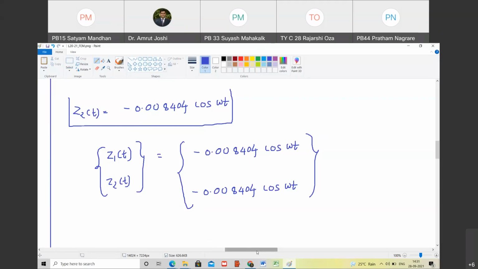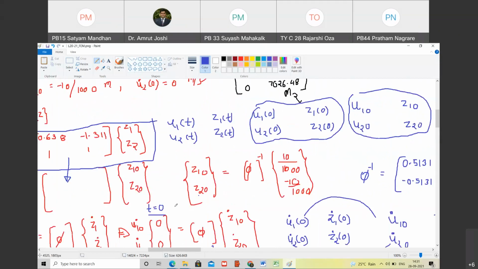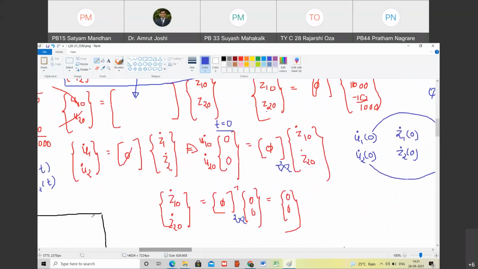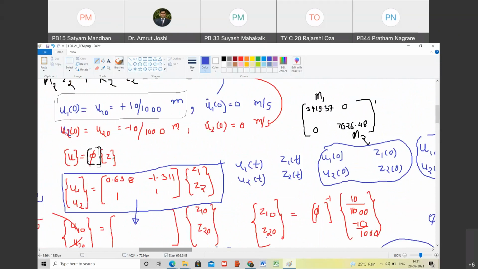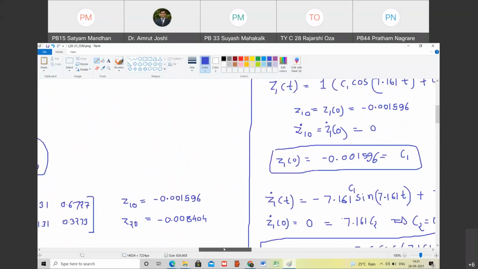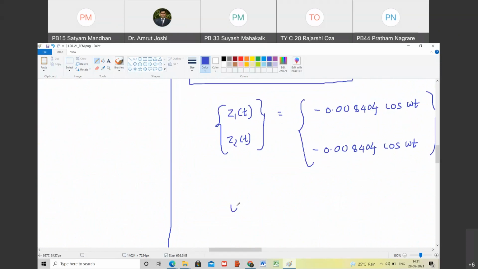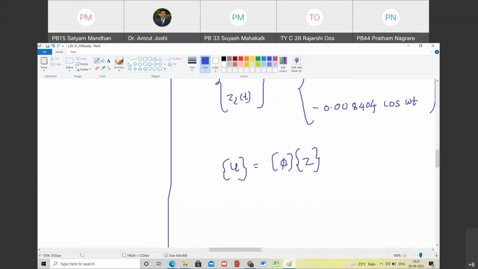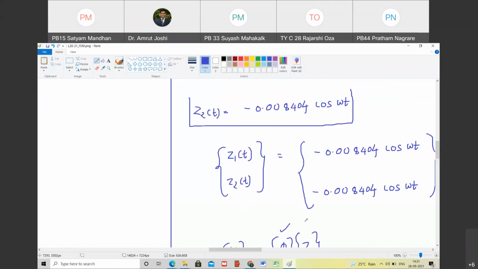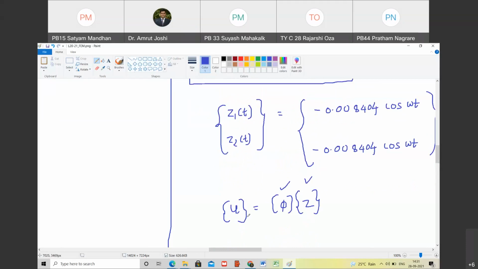So I am going to use the transformation that I have proposed. What is the transformation जिससे मैंने start किया था? क्या transformation है? U is equal to phi times Z. Do you agree with me? Yes, sir. So you have to understand this U is a function of time, and it incorporates two terms, U1, U2, equal to phi times Z1 and Z2. Z1 and Z2 are also functions of time. Are you with me? Yes, sir. Knowing the phi matrix, knowing Z1 and Z2, won't you get U as a function of time?